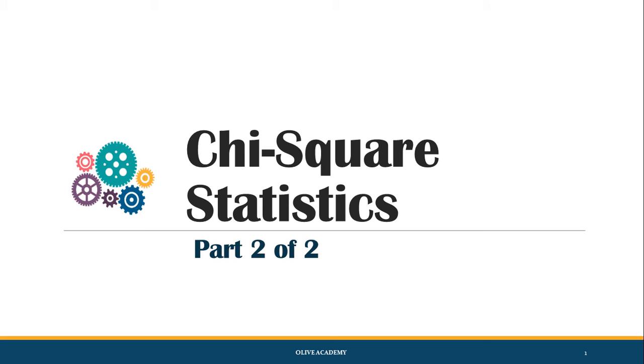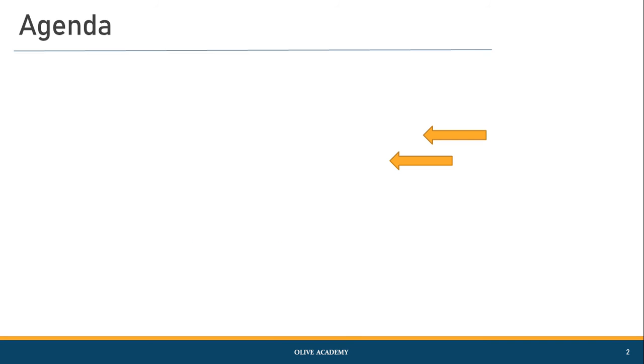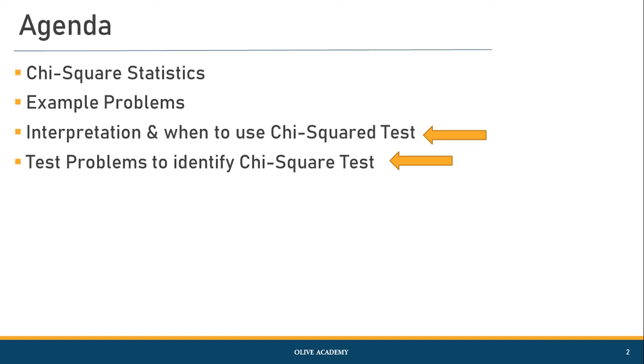In this video, we're going to discuss some of the example problems on the interpretation for chi-square statistics. And this is part 2 of chi-square statistics. But if you haven't watched my previous video, part 1, for chi-square statistics on one example problem, I would strongly recommend that you watch that video before you come to part 2, because in that part 1 video, we have explained one example problem on how we apply chi-square statistics for a given problem statement and